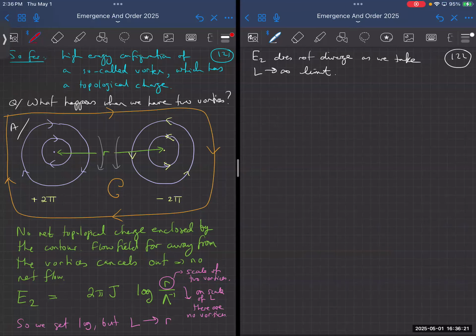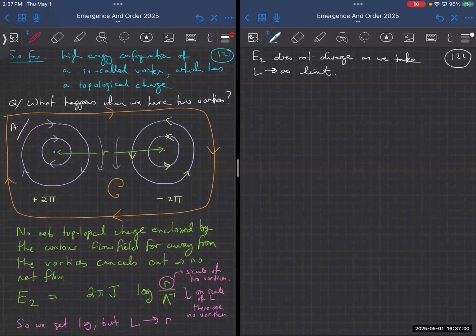Okay, so now what we're going to talk about is what happens at low temperatures. Justin, you have a quick question? Yes. None of this depends on the individual size of the vortices, right? Because each vortex is infinitely big, right? But their flow configurations cancel out on scales which are large compared to the separation between them. So this is sort of like Gauss's law. In Gauss's law, you make your Gaussian surface, and that tells you how many charges are inside. It's the same kind of thing.